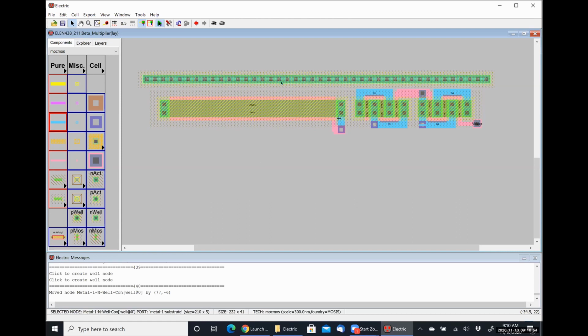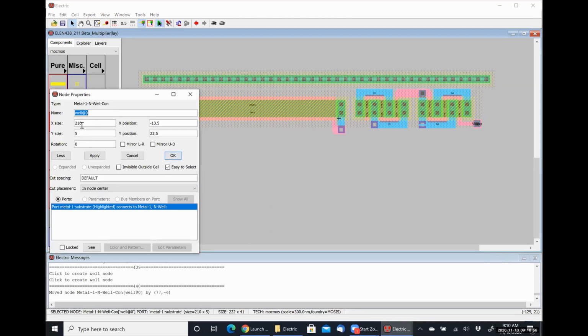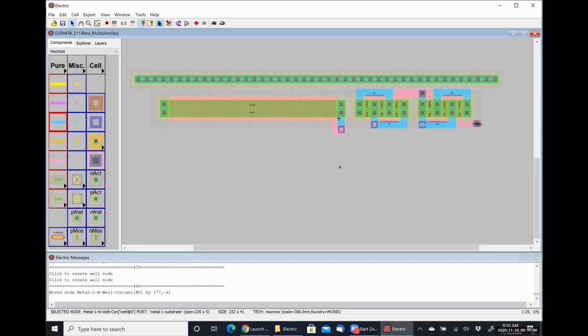All right. Actually, I'm gonna make it 220. And the reason why I'm gonna make it 220 is because I feel very strongly that it's not gonna let me get this metal one close to the metal one over here for my bias voltage connection. Let's just measure the height here. Actually, before we do that,